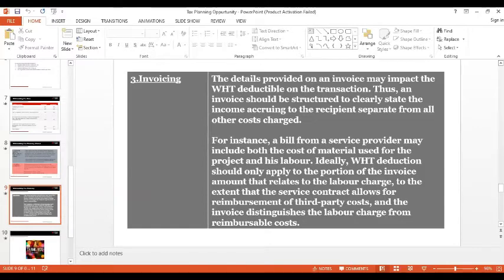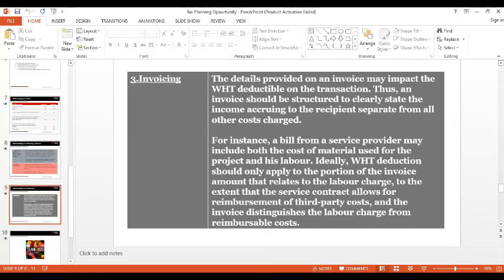For instance, a bill from a service provider may include both the cost of material used for the project and its labor. Ideally, withholding tax deduction should only apply to the portion of the invoice amount that relates to the labor charge, that is his own income, his own professional charges, to the extent that the service contract allows for the reimbursement of third-party costs and the invoice distinguishes the labor charges from the reimbursable